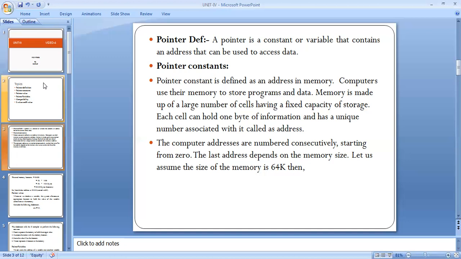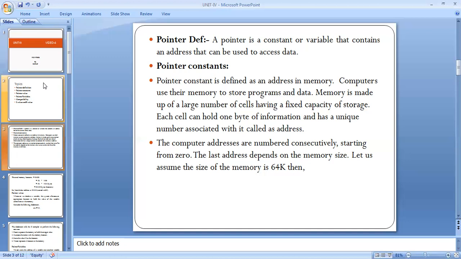As an example, if the size is 5, the elements are stored from the 0th location, and the last address depends on the size.